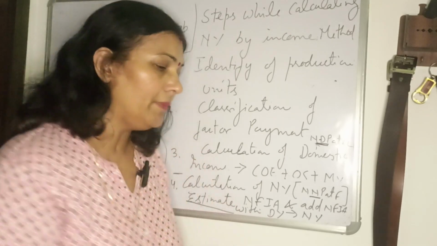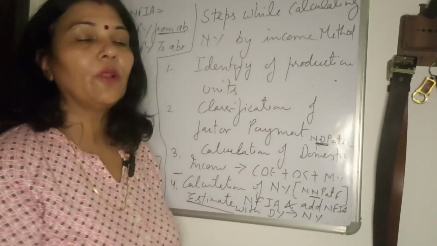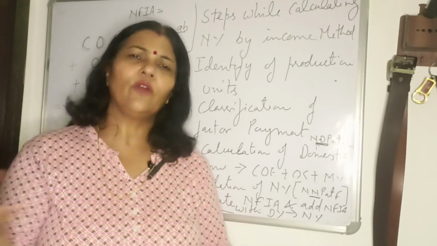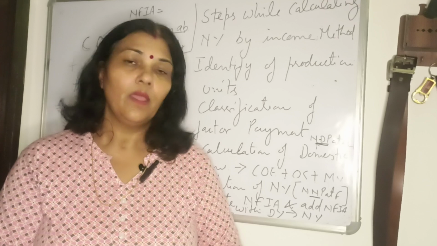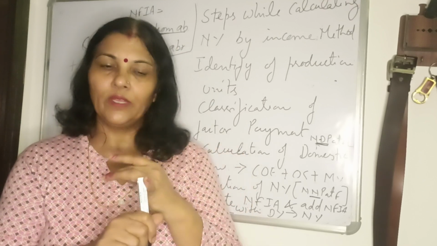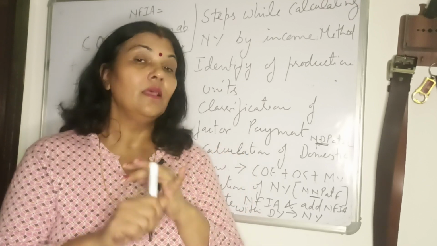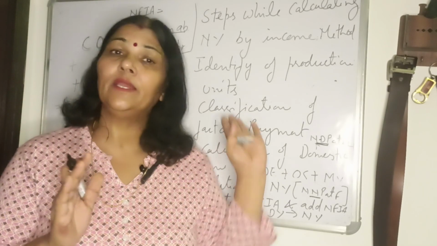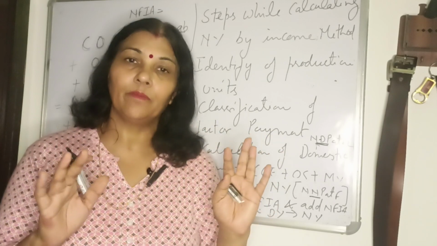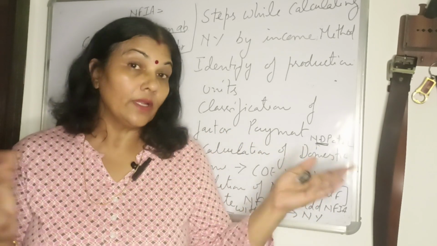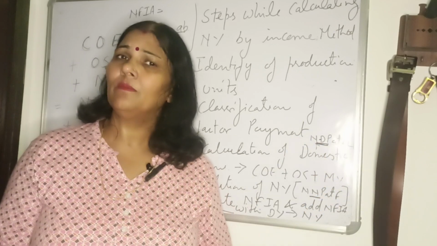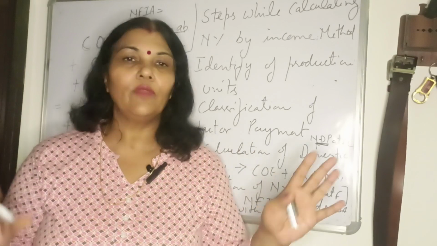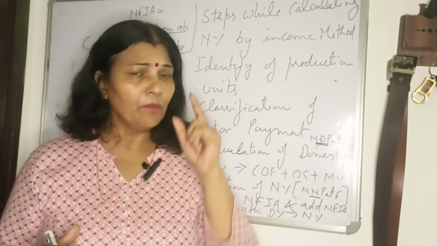Now, I am coming to precautions. What precaution we have to take while calculating any of the aggregates of national income by income method? First point, already explained to you in the second chapter: factor income, transfer income. What income are we adding here? Factor income, because it is bilateral. So what income are we not adding? Transfer income. So the first precaution is that we are not supposed to add transfer income, because it